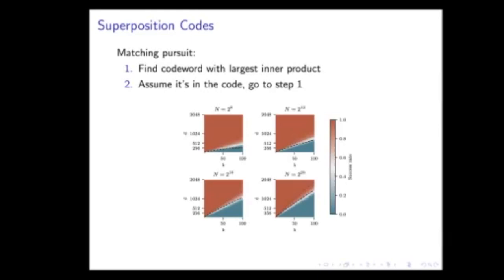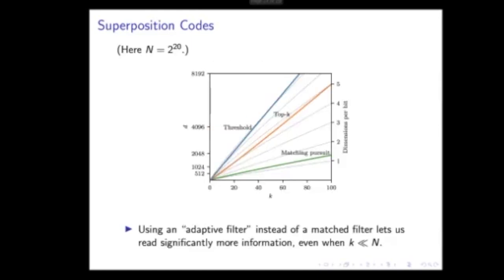So this is an iterative method. How well does this method work? Way, way, way better. And if you put them on a graph, so this is how, for the case of n equal to 1,000,000, this is how many dimensions threshold decoding needs as a function of k. This is how many dimensions this top k decoding at sparse autoencoders need. And this is how many dimensions that super simple algorithm that I mentioned, matching pursuit, requires. And what's really interesting about matching pursuit is it's kind of close to using about 1 dimension per bit. It can encode 1 dimension per bit, right?